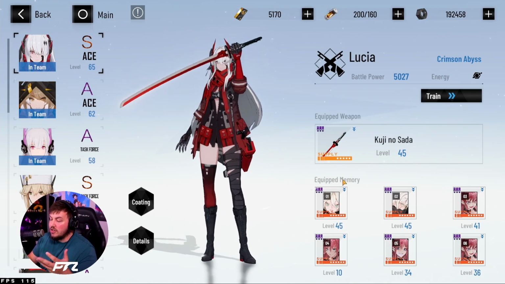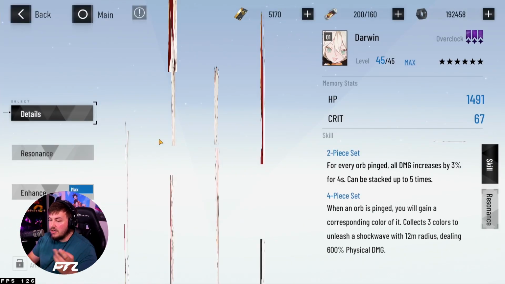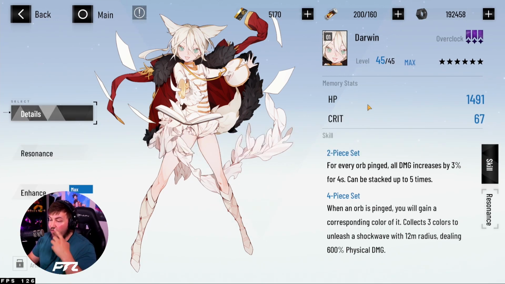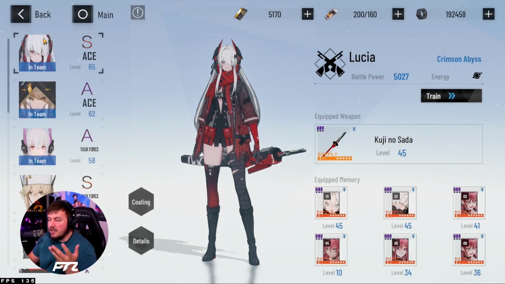You essentially get your memories and equip them. You can go in here and train them. You can get them resonance. You can get them enhanced. You can overclock them, level them up. And that is going to be a very, very fast and very efficient way of getting your BP up. But obviously it does cost resources, which is why it's important to start farming